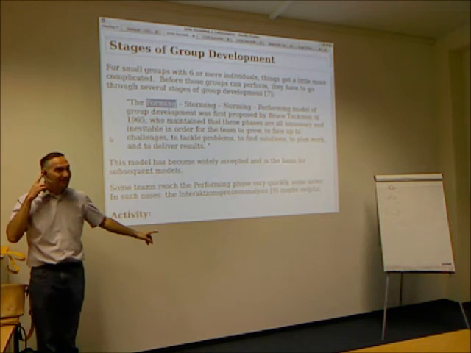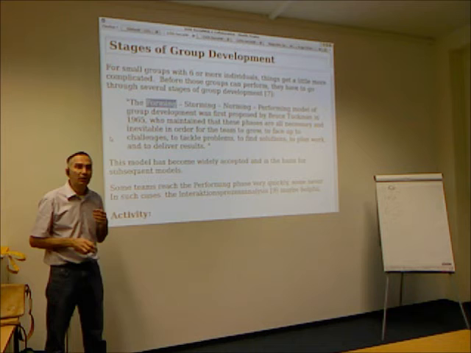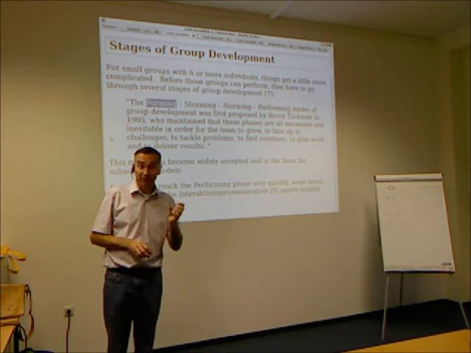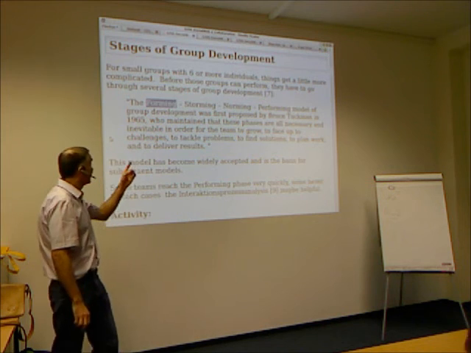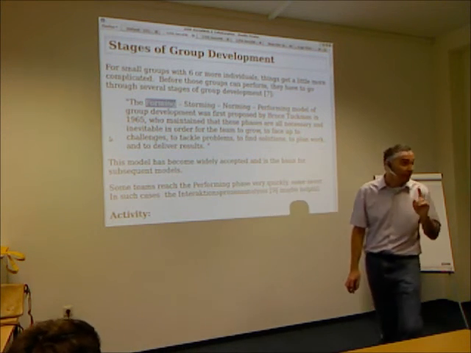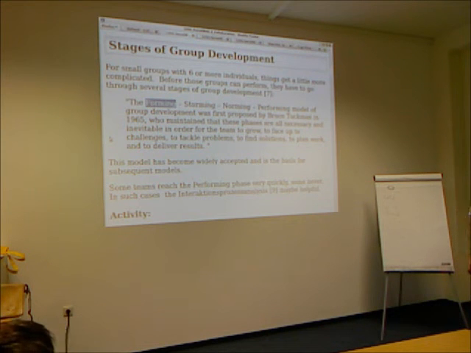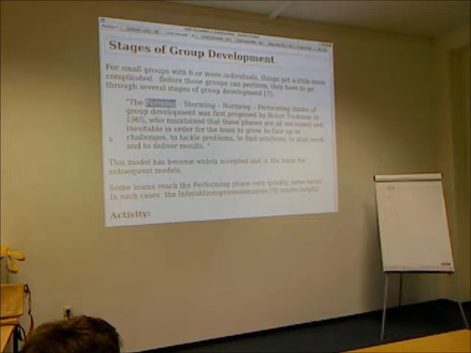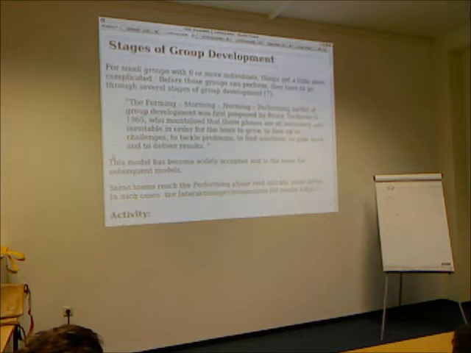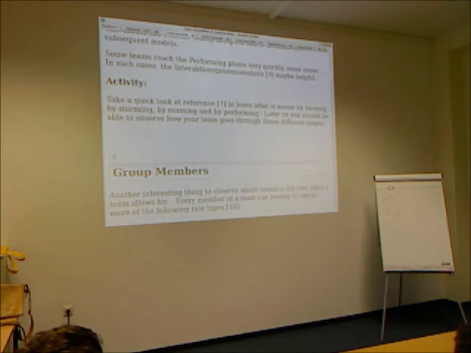The question is, whenever you lead a team or when you're dealing with a team, you need to know in which stage that team is so you can help the team. So if the team happens to be in the storming phase, you need to know that. If the team is in the norming phase, also you need to know that. Ideally, you get the teams as quickly as possible into performing mode, right? And there are different ways you can tell in which mode it is.